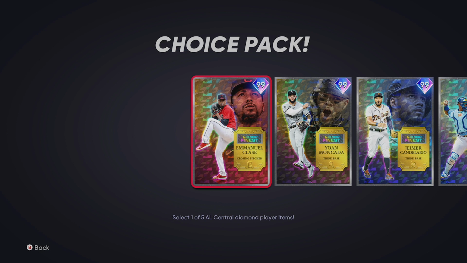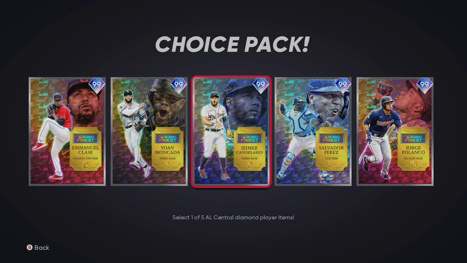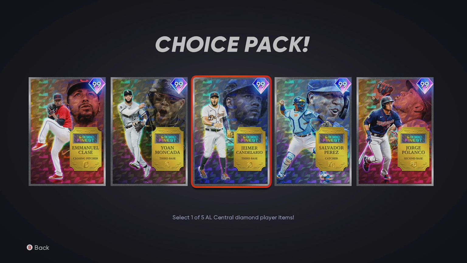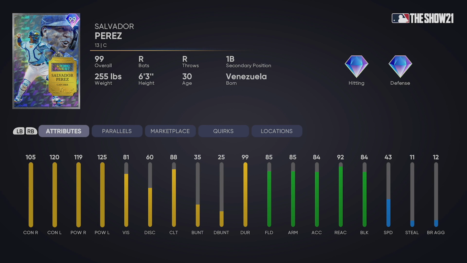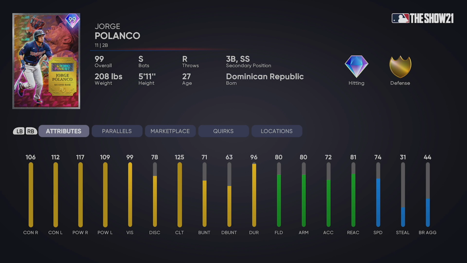Yoan Moncada, 106, 107 contact, 100 power versus both. Switch hitter, diamond defense. You have Jeimer Candelario, diamond defense, switch hitter. Another switch hitter, 107, 112 contact, 101, 100 power. And you got Salvador Perez, another Salvador Perez card. You know I'm pumped up. 105, 120 contact, 119, 125 power with the diamond defense. Love all of Salvy's cards. And then you have the Jorge Polanco, switch hitting, second base primary, 106, 112 contact, 117, 109 power, gold defense,